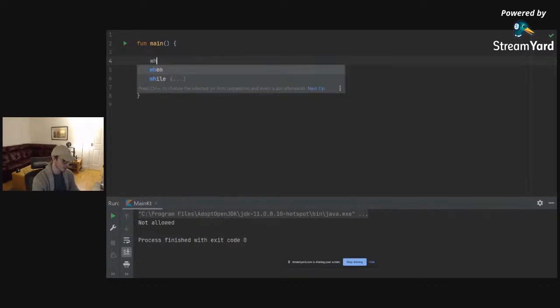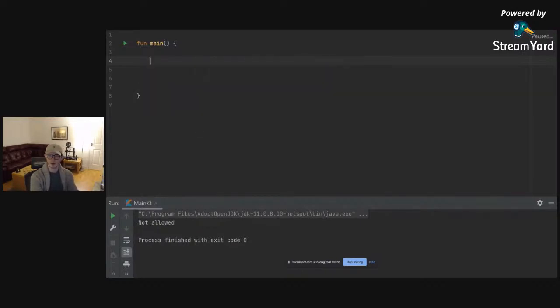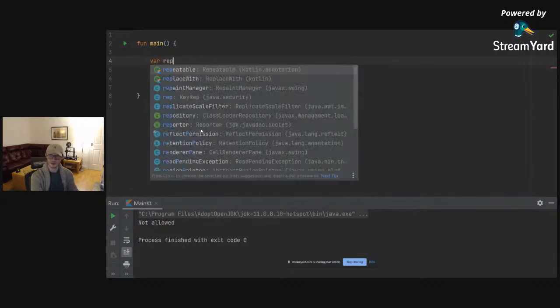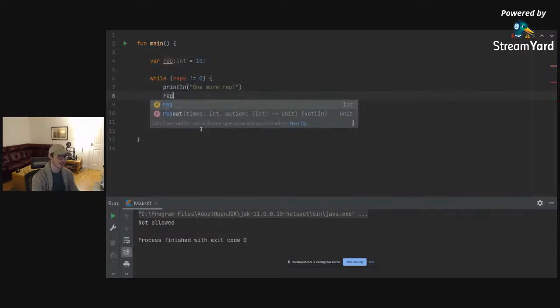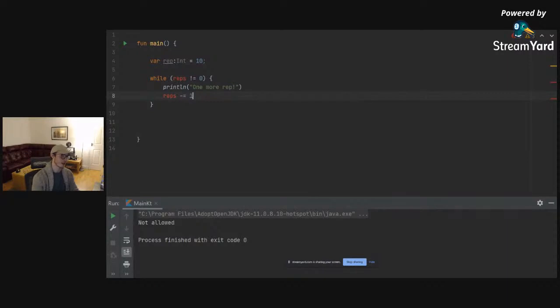We can also do while loops within our program. So I'm going to define a variable called reps. If anyone's been to the gym before, a rep is just a repetition in the gym. Let's just do a loop for this guy who is doing his reps and hasn't finished his 10 reps. So we're going to do a while loop and println and tell him one more rep. There we go. So he's going to do one more rep, and then after he does his rep, we're going to decrement reps by